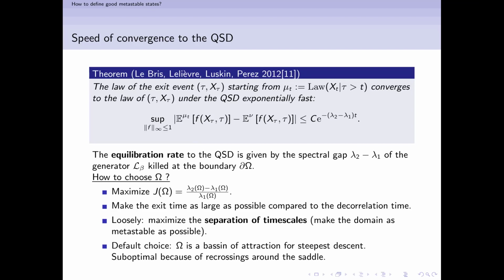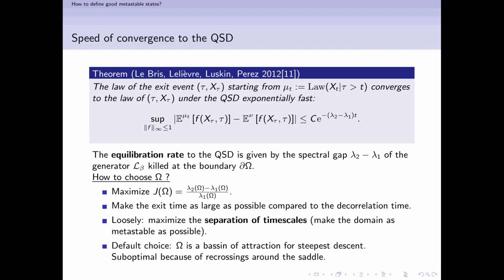What people do in practice is use an implicit definition for the state, and they typically choose omega to be the basin of attraction of the dynamics for some minimum. You take a point, you relax with a steepest descent to the minimum, and you say, okay, my state is this minimum. It's a state attached to this minimum. As we know, that can't be the best choice at positive temperature,